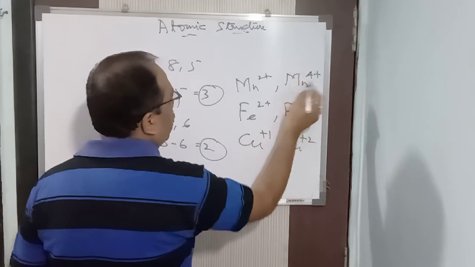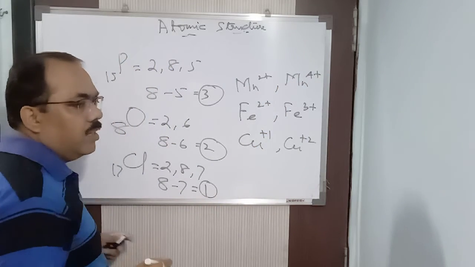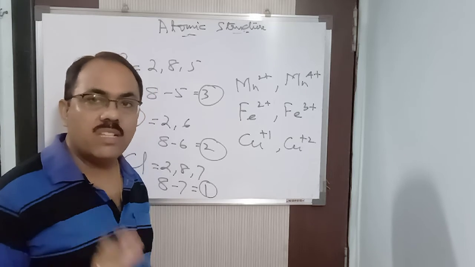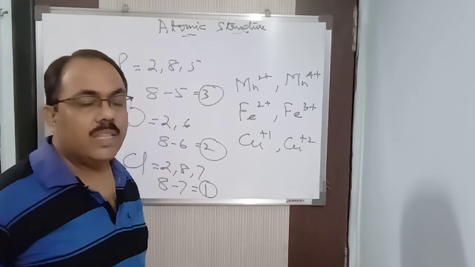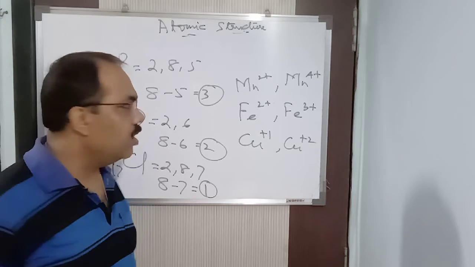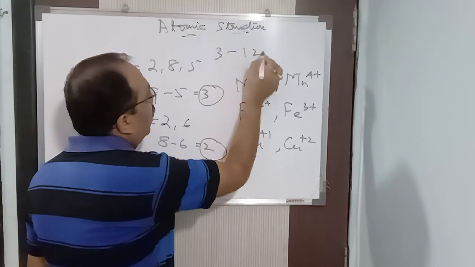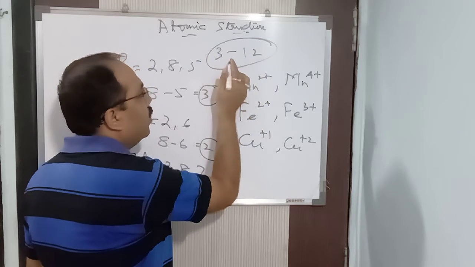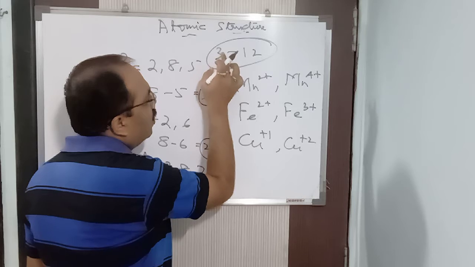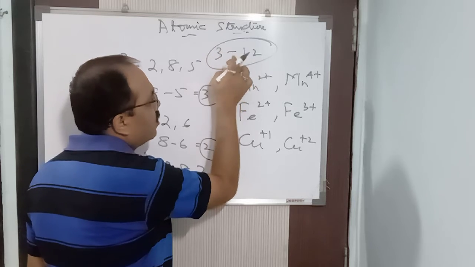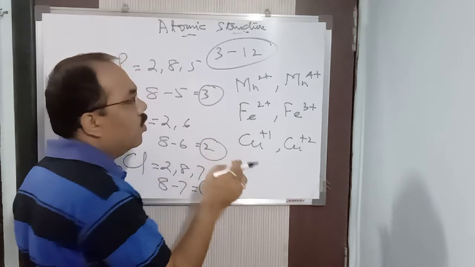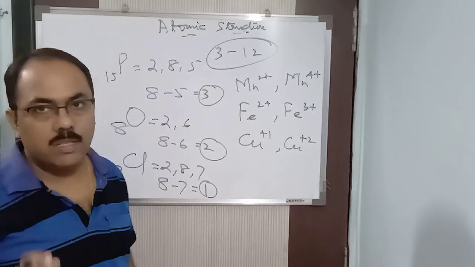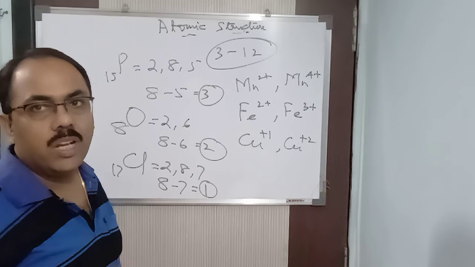Basically, you will be studying in higher classes that the periodic table has 4 blocks: S block, P block, D block and F block. The elements belonging to the D block are groups 3 to 12. I will teach you the periodic table later, and at that time you will come to know. Those elements have variable valencies. Got it?